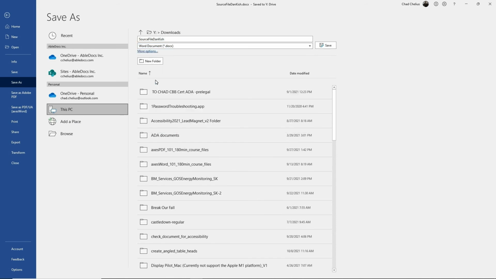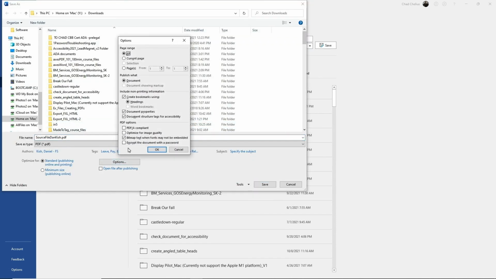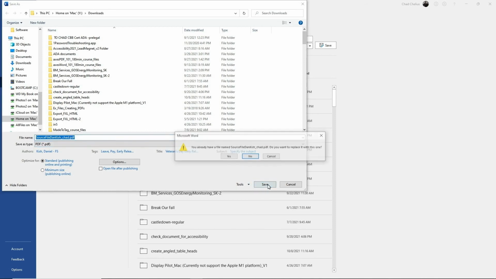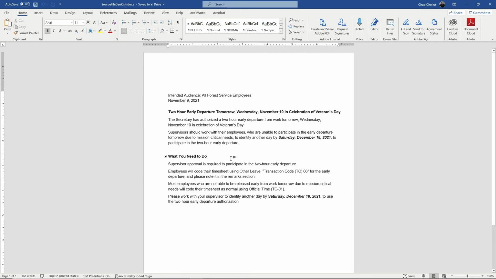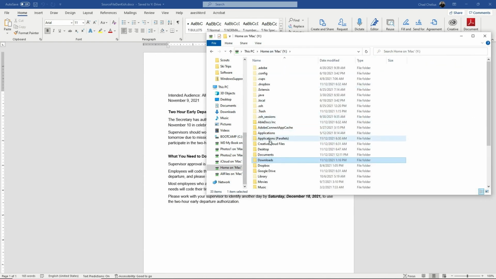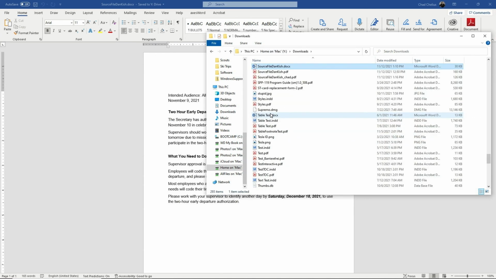I'm just going to use this save as method, but I'm sure we're going to get the same results if we used PDF Maker as well. And I'll just put my name at the end here so I know that it's the one that I'm creating. And so if I find that document and I open it up,